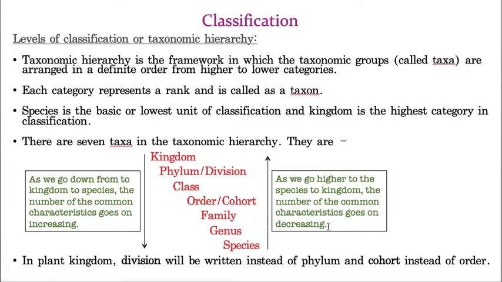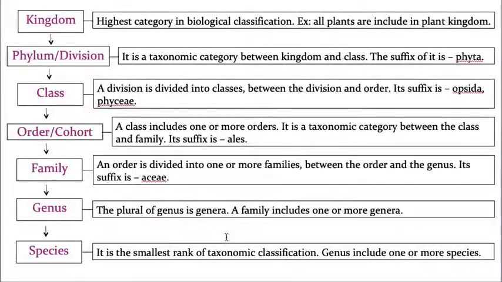Hope you understand. Now we will understand this taxonomic hierarchy in a detailed way, because whatever explanation I have given till now does not give you proper knowledge about the taxonomic hierarchy. So I need to take multiple examples, at least three to four examples. If we discuss them, then you will understand what the taxonomic hierarchy is, and this explanation is not at all sufficient. So let us go a little more detailed. Okay, now let us take kingdom.